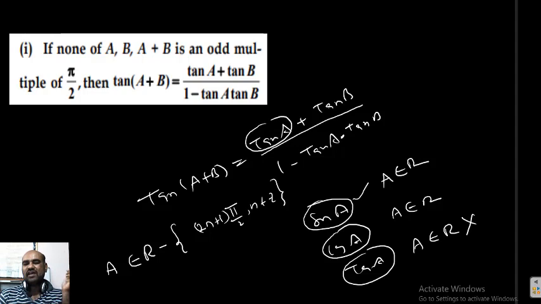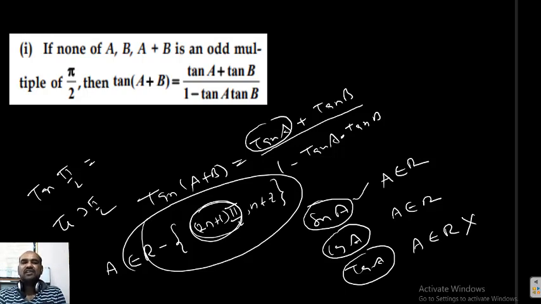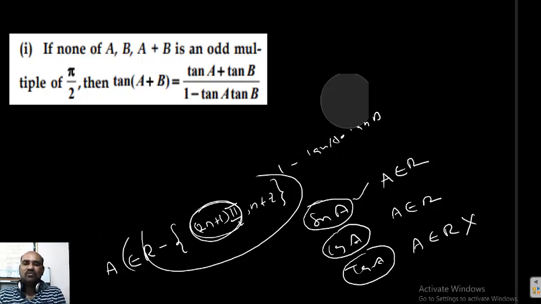Why do you want to subtract? I already explained in chapter 1. So the tan function is defined for all real numbers except the angles in the form of 2n plus 1 into pi by 2, where n belongs to Z, means odd multiples of pi by 2. So a should not be an odd multiple of pi by 2: tan pi by 2 is not defined, tan 3 pi by 2 is undefined, like that. For odd multiples of pi by 2, tan is not defined. Why is it not defined? I clearly explained in part 1.